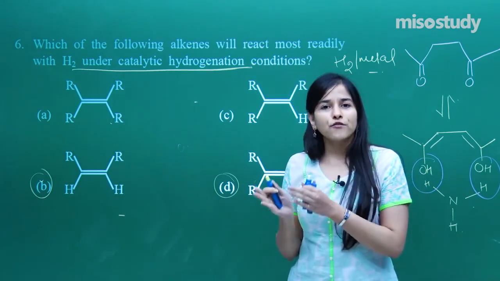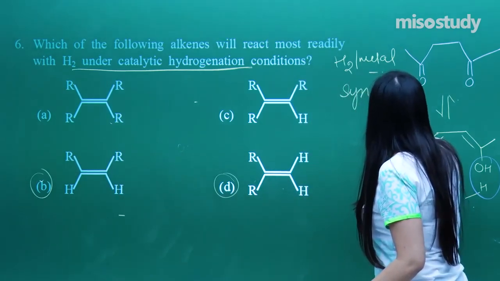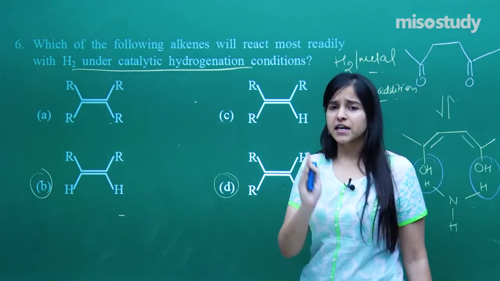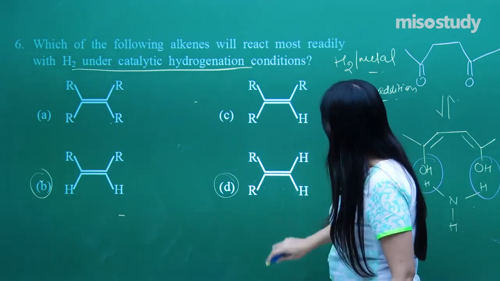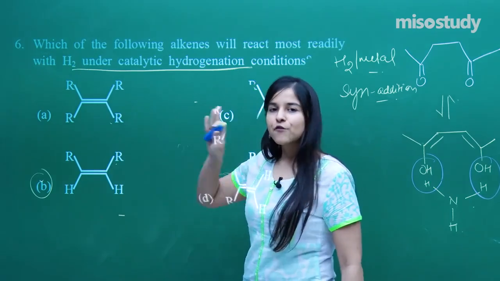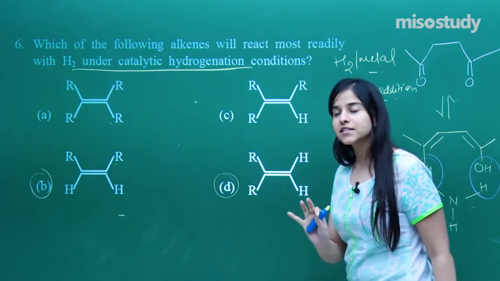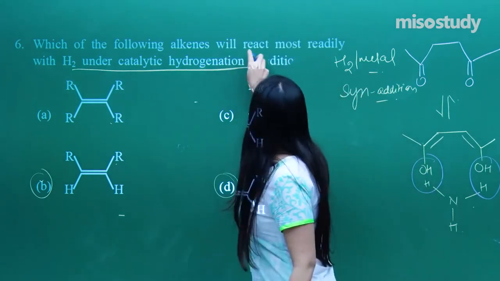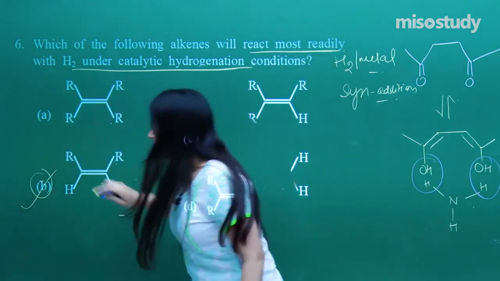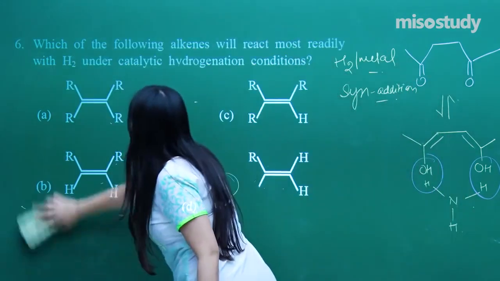But if you look at the type of reaction which is happening, it is syn addition. That means cis kind of an addition. Which will be favored by a cis product? Definitely a syn kind of a product. So is this cis? No, this is not cis, but this is. So this will definitely be favorable for the catalytic hydrogenation. Although each and every kind of molecule will be performing the catalytic hydrogenation, which is the most readily reacted? That is the cis product. So I hope everybody is clear with the concept. Let's move on to the next question. What do we have?